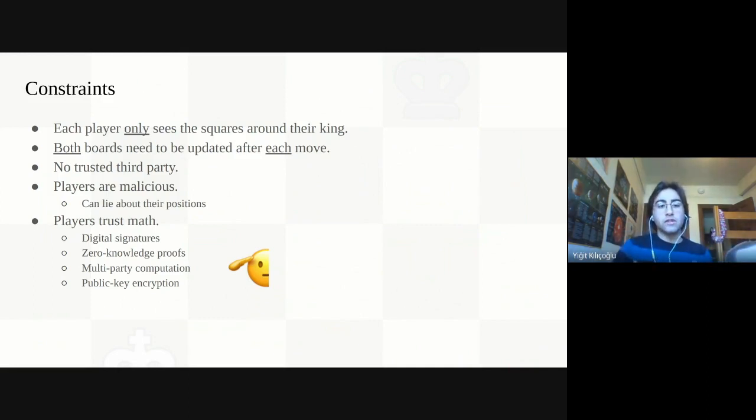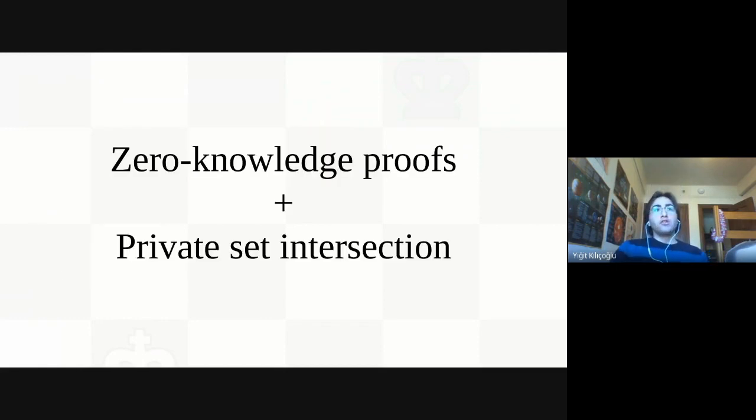We can't really say that because there is no guarantee that the opponent as a malicious person will just use the message that you send directly, and it doesn't have to rely on the client-side software. And also, the players happen to be rational people who trust math, and so we have all the options you can see there. And it turns out there's a solution using zero-knowledge proofs and something called private set intersection,